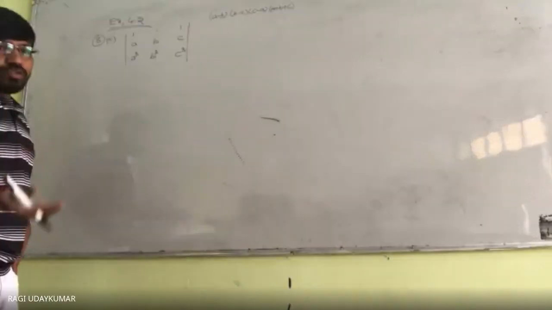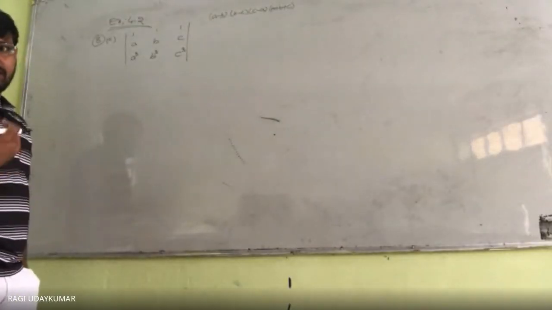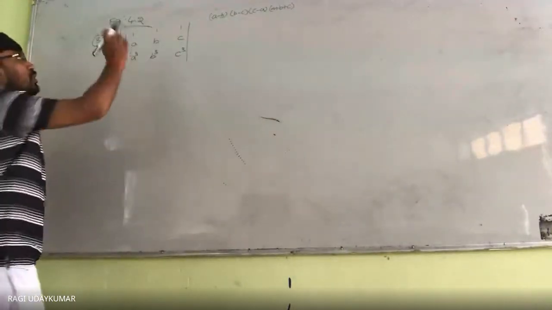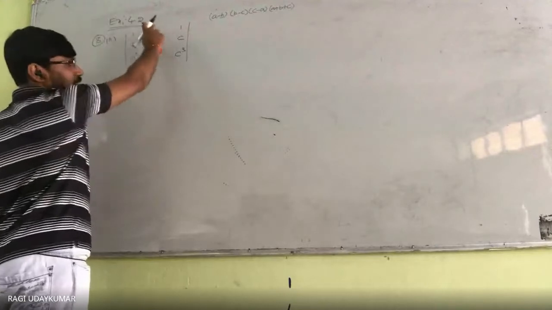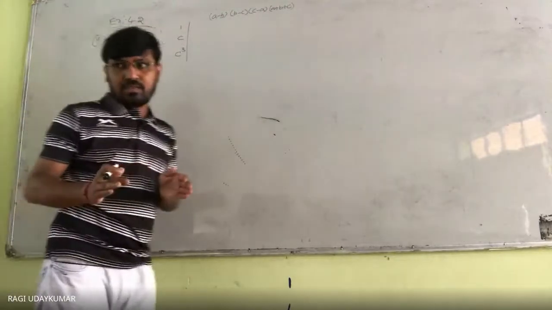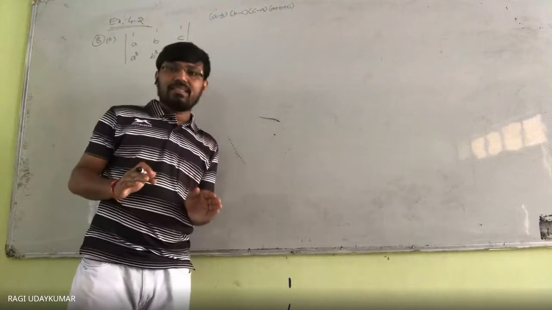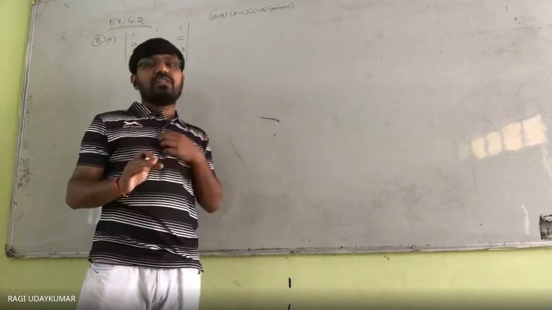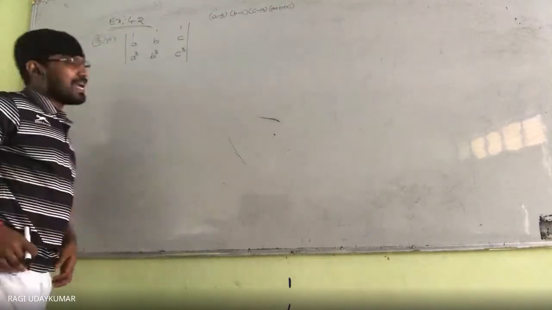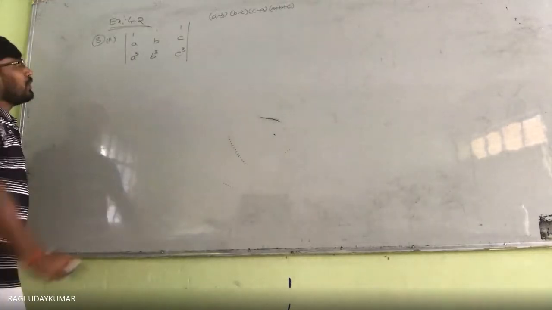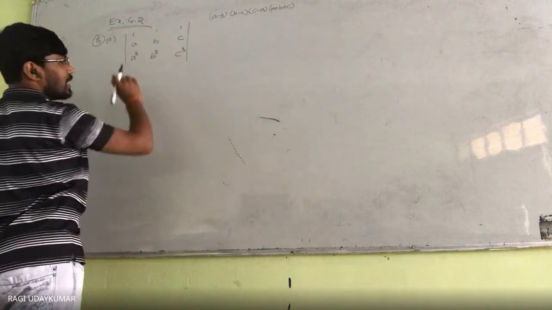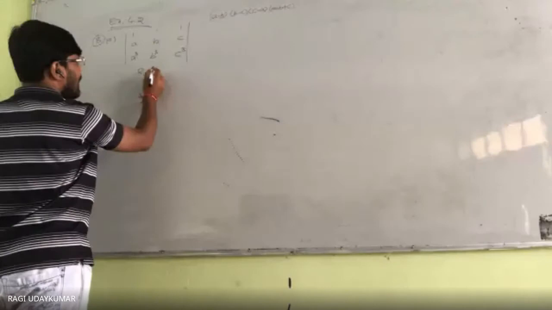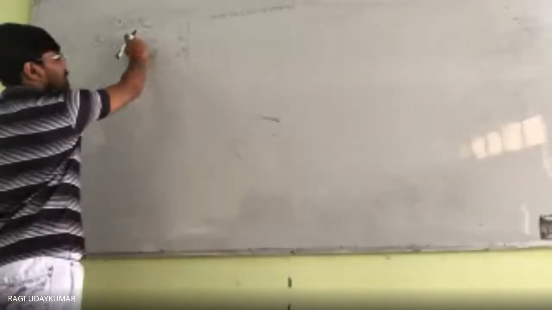So we can do row transformations or column transformations. Our main motto is to make this a 0, this a 0. Whenever you have a matrix like this, the easiest way to find the determinant is to take it directly and proceed. But here, when applying the properties of determinants, better you apply the transformations. This minus this, I am going to make this a 0.